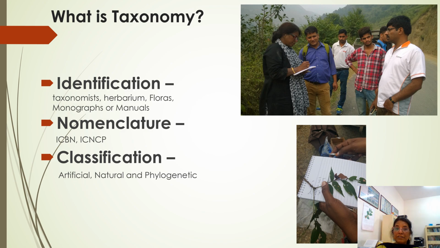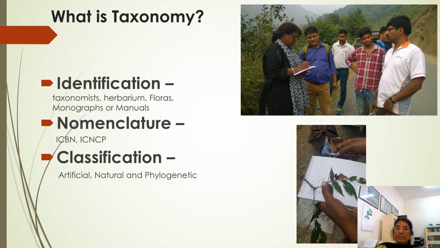How does a person identify the plant species? If he knows the plant, it is well and good, but unknown plants can be confirmed by referring to botanical published works such as floras, monographs, and manuals. One can also visit a herbarium and match the specimens and confirm the identity of the species. One could also identify the species by getting it authenticated by a taxonomist.